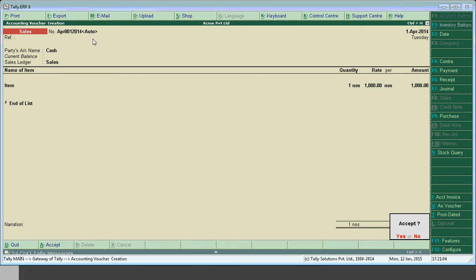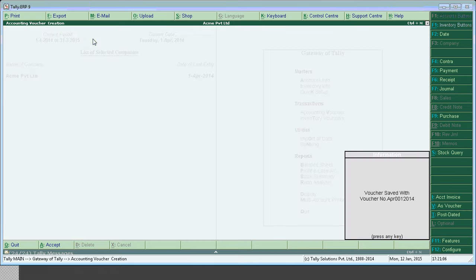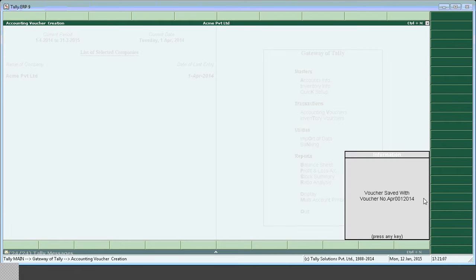On accepting, you will get an information as voucher saved with voucher number April 001-2014. This is not an error. This is an information for understanding the user in the multi-user environment that this voucher is being saved as this voucher number. So simultaneously, as per the example which I was given, if the same 3 users are accepting at